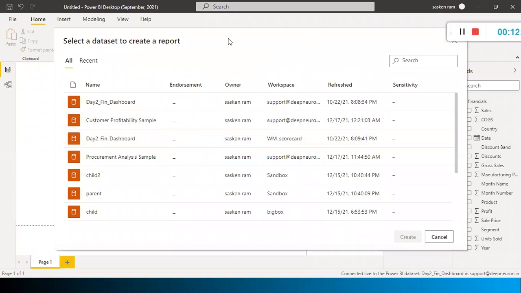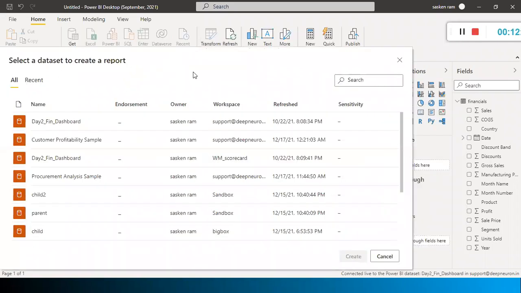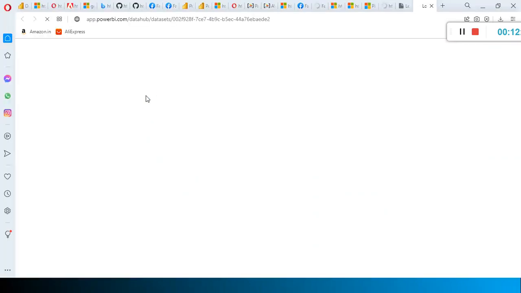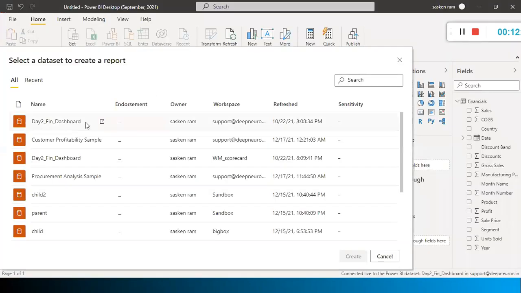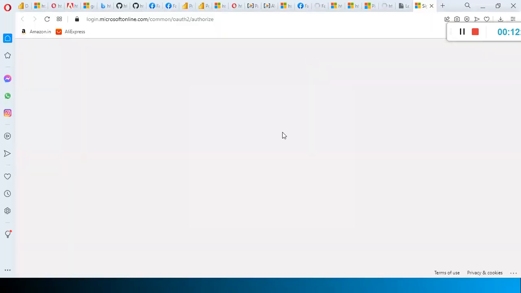See, when I select the data source settings, it shows my cloud data. So whatever we hosted in the cloud, we can see here. Even when you select this one, you can see the details and related reports of this. This is basically the data, which is part of my dashboard, the day to fin dashboard. If you want to see what reports are related to this one, when you click on that, it will take you to this screen.